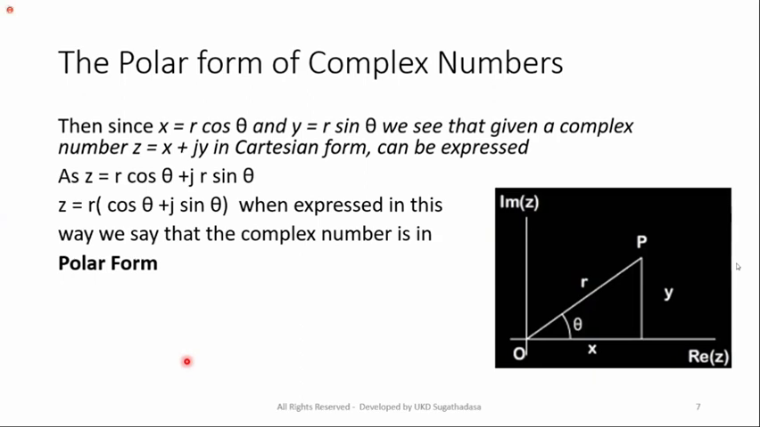x plus jy is the Cartesian form. r (cos theta + j sin theta) is called the polar form. Now you see here no x and y involved, because in the polar form we have to convert everything. You have to write everything in terms of r and theta. What is r? Modulus value. Theta is